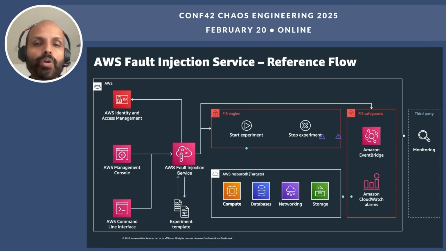Experiments, once started, will automatically stop when all of the specified actions are complete. Or, as I mentioned earlier, you can optionally configure an alarm, and if that were to go off, the actions are stopped. Once the experiment is complete, you can view the results to identify any performance concerns, observability issues, or resilience challenges. You could also use the report of the chaos engineering as evidence of testing for your compliance group or a security department.